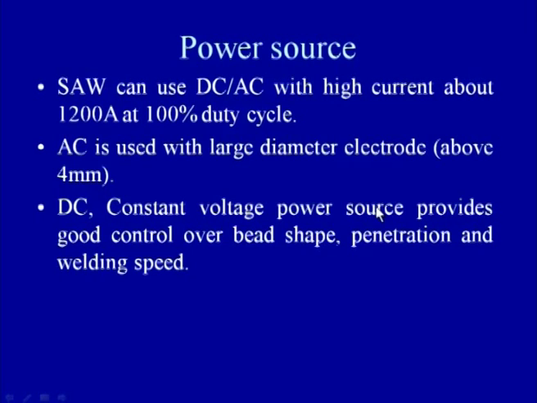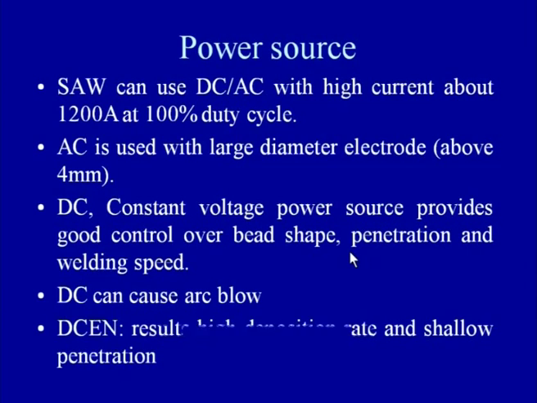So, it can work with both AC and DC. AC is used with the large diameter electrode above 4 mm, while the DC constant voltage power source is used to obtain very good control over the bead shape, penetration and the welding speed. And the DC constant voltage power source is specifically used when a small diameter electrode is to be used for welding, but